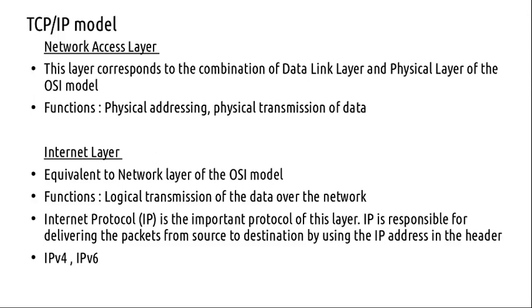The Internet layer is equivalent to the network layer in the OSI model. Logical addressing, IP, is the task. We have two protocols there, Internet Protocol version 4 and Internet Protocol version 6. If you check your IP settings, you will see that IPv4 and IPv6 are enabled. You can disable IPv6, there is no problem in your OS.